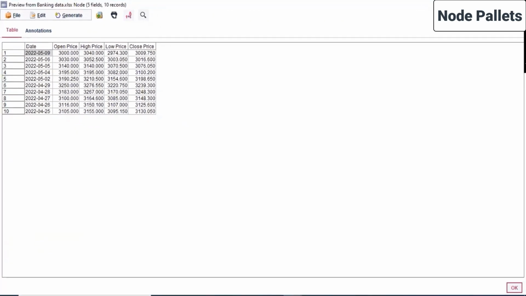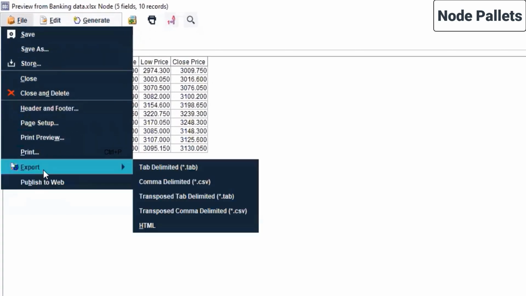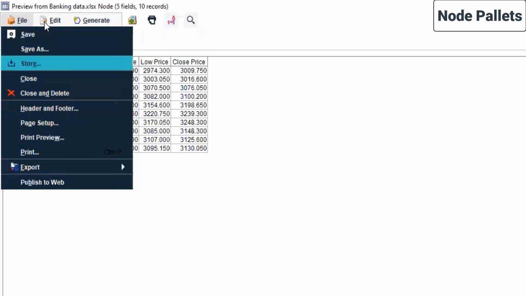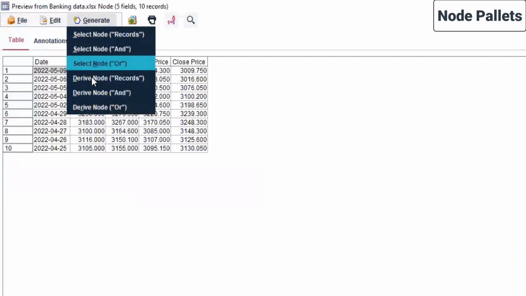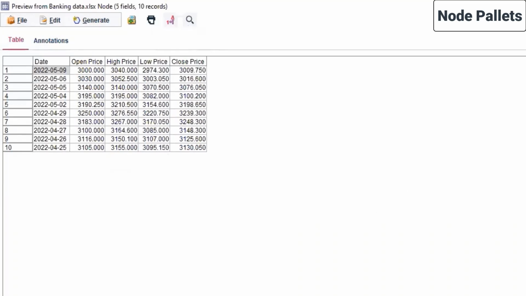If you can see OK here, I click OK. But okay, before doing that, what is this? I click on file. You can save this, or you can export it into that .tab, CSV, whichever format you want, HTML format also. You can copy, you can generate or select nodes also from here if you want. So this is what can be done when you open this window, when you're previewing the given data set. And I click OK here,